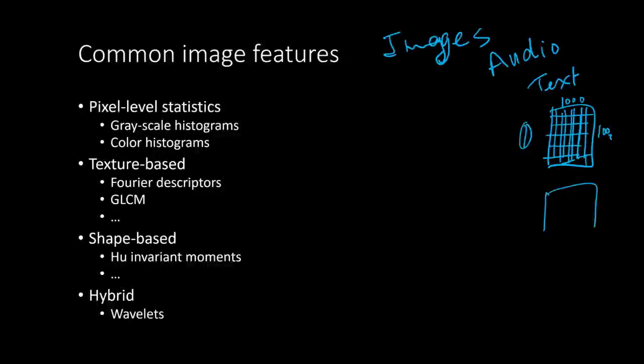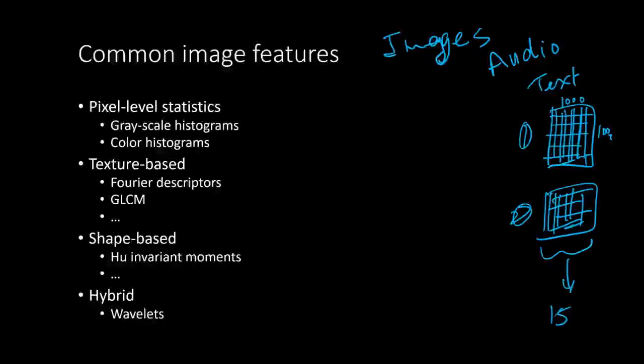Similarly, you can have a second image that is also 1000 by 1000, right? So if you have only 10,000 images, and each of them is 1 million in dimension because it has 1 million pixels, that's a lot of data to deal with. So what we need to do is take this image and boil it down to, let's say, 15 numbers. So you have 10,000 samples and 15 dimensions per sample. So what are those 15 numbers?